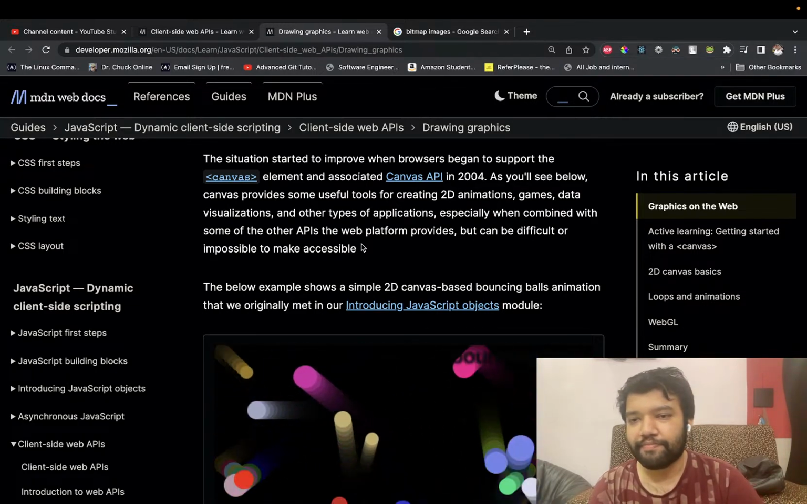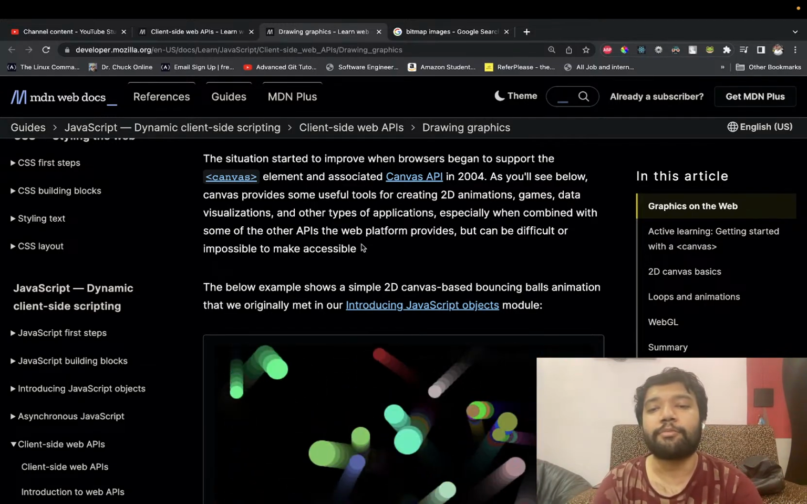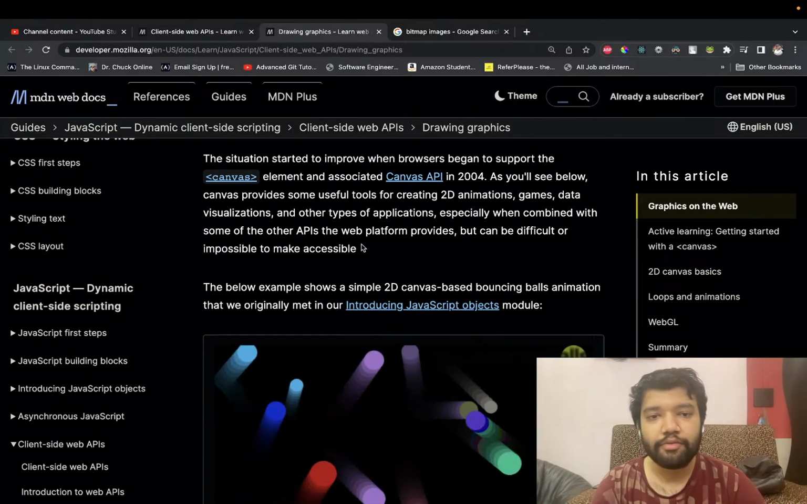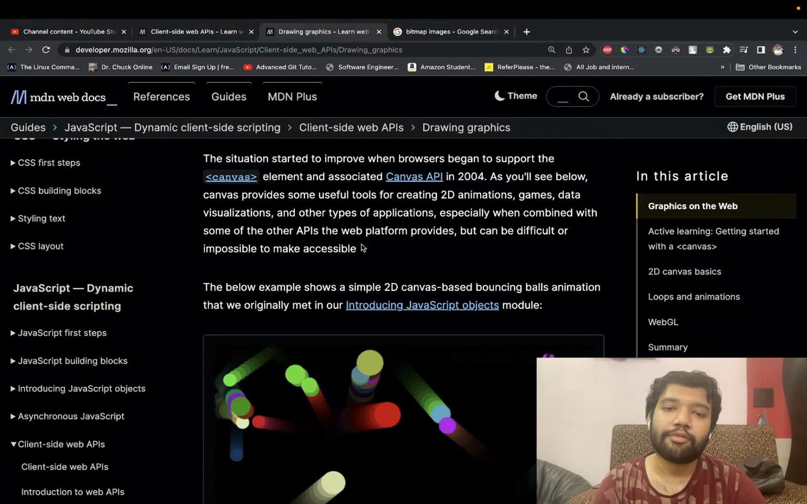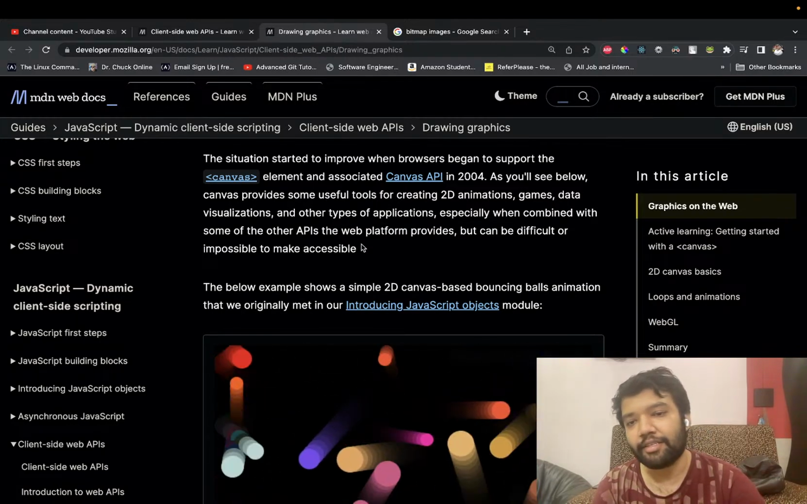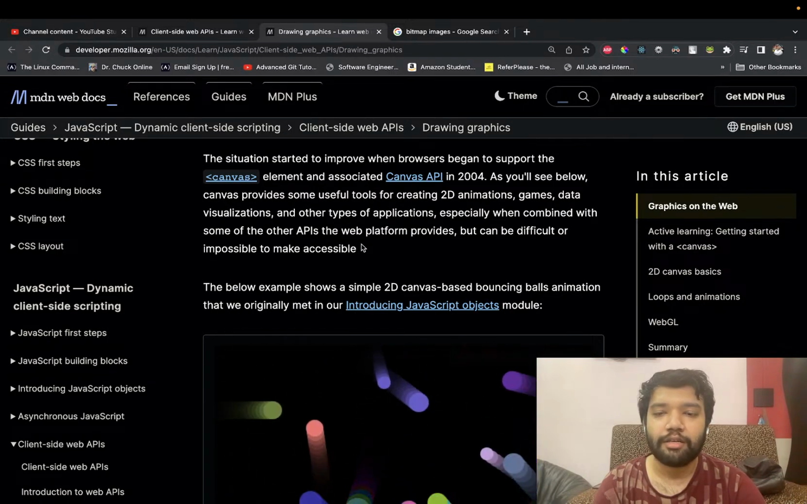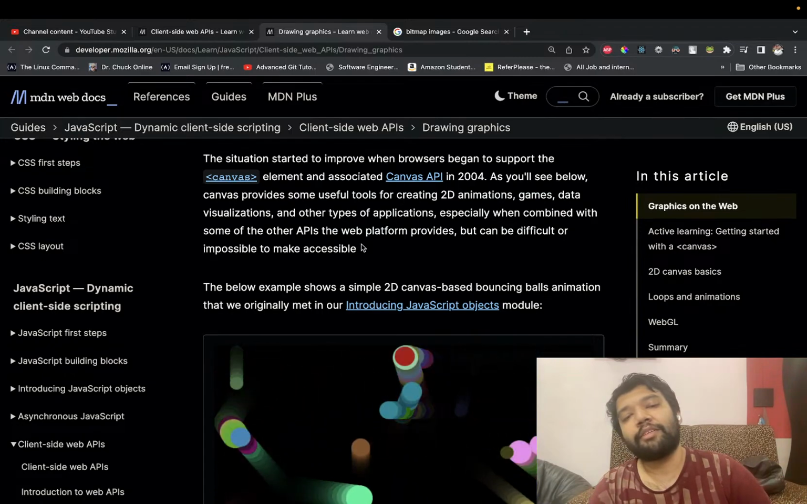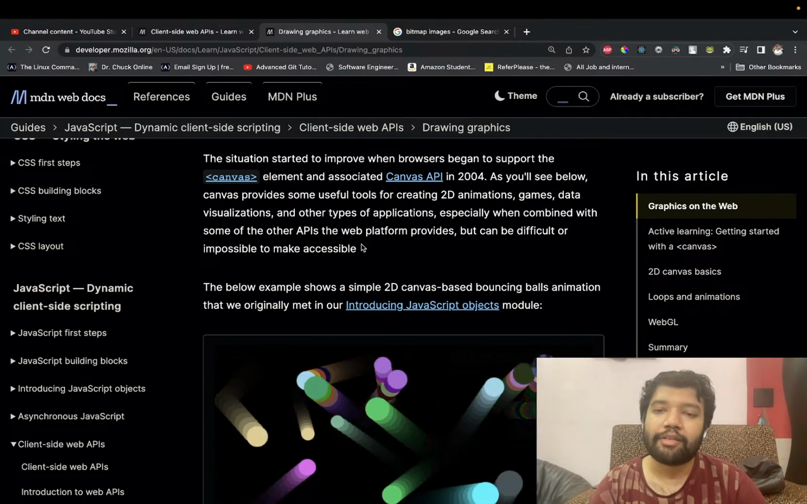The situation started to improve when browsers began to support the canvas element associated with the Canvas API in 2004. As you will see below, Canvas provides some useful tools to create 2D animation, games, data visualization, and other types of animation, especially when combined with other APIs and platform provided, but can be difficult or impossible to make accessible. The below example,